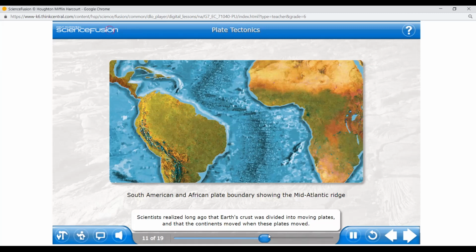Welcome to the lesson, Plate Tectonics, where you will learn about the movement of the continents and the powerful forces that are constantly changing Earth's surface. The vocabulary words for this lesson are